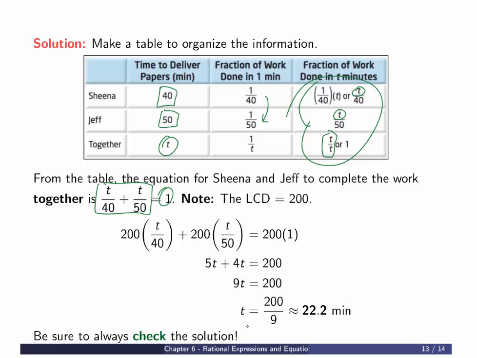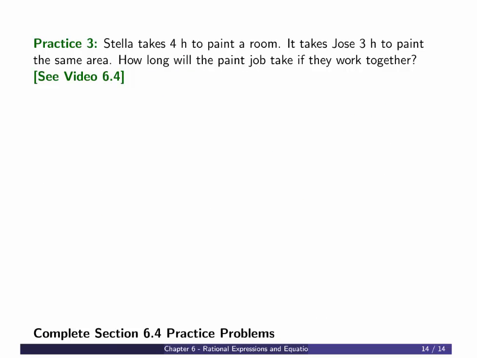So it's very simple actually to solve, difficult to set up right from the gun if you haven't seen a question like this before. Okay, I'm going to show you a similar question. Stella takes 4 hours to paint a room. It takes Jose 3 hours to paint the same area. How long will the paint job take if they work together? It's kind of a cool question that you can answer this using rational equations,